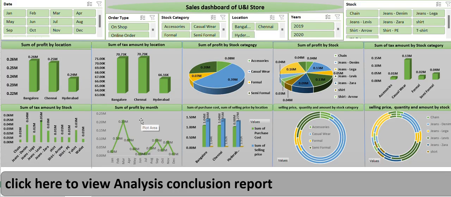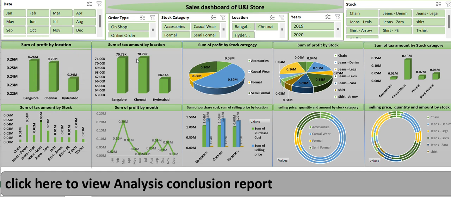This is my dashboard. Now we will talk one by one about every chart. First I'm talking about this first chart, sum of profit by location. Here I visualize our profit according to location, and we can see that in the Bangalore location there is more profit.